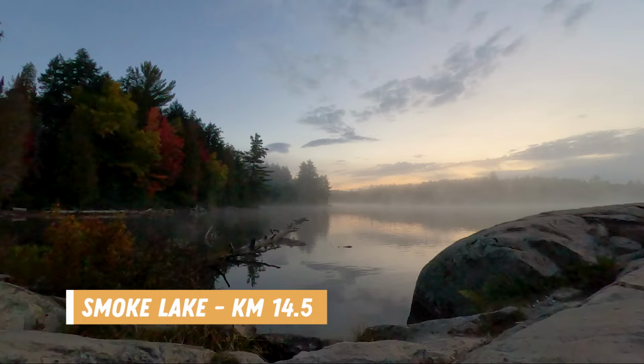I'll start my list of locations from the west gate and work toward the east gate, sharing the approximate kilometer markers to help you find each spot. Some of these are actual trails and some are scenic lookouts throughout the park, and I'm sure there are even more incredible locations we haven't made it to yet. But for now, let's jump into some of the top photo spots I've found throughout Algonquin to add to your